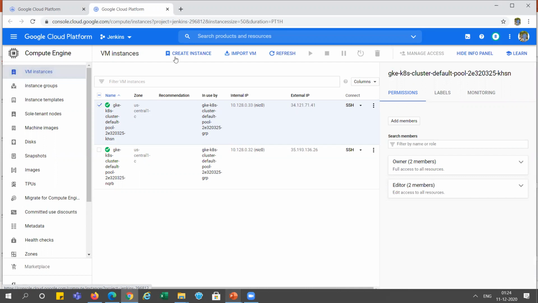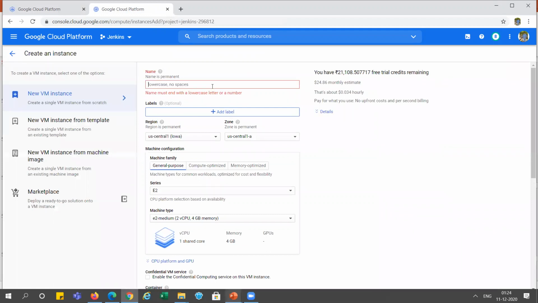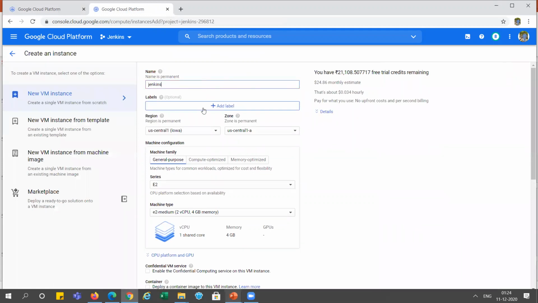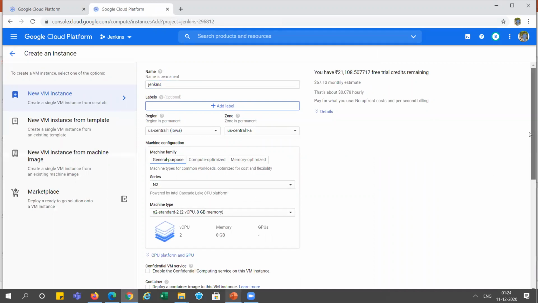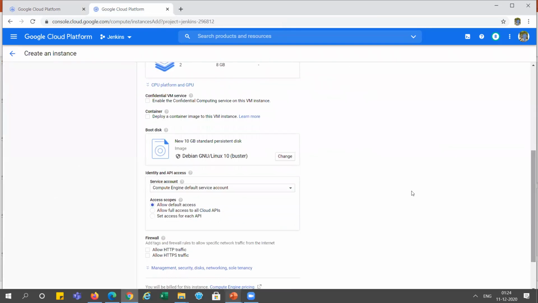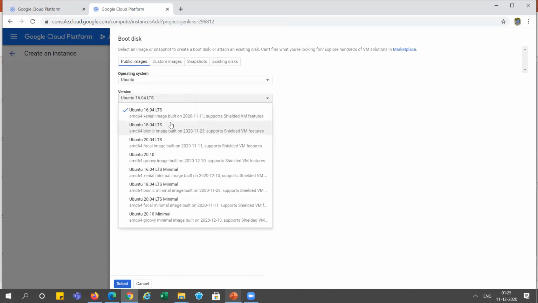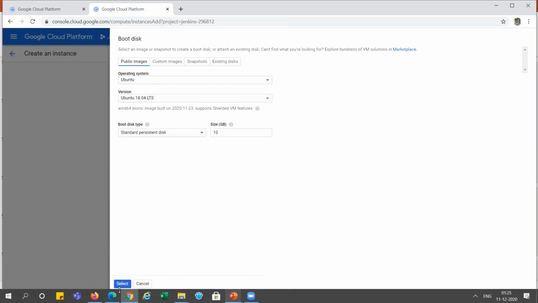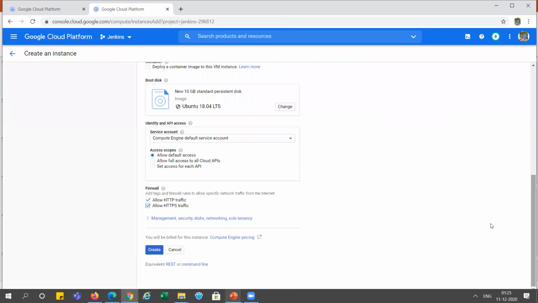Now I'm creating the new instance over here. I'm giving the name Jenkins, and I will use the N2 instance with 8 GB RAM, and I'm changing the image to Ubuntu 18.04, because I have done all those demos on Ubuntu 18.04. I'm allowing HTTP traffic in the firewall and creating the instance.